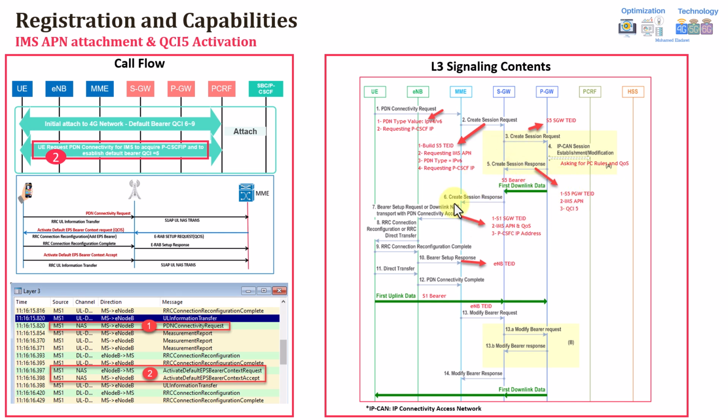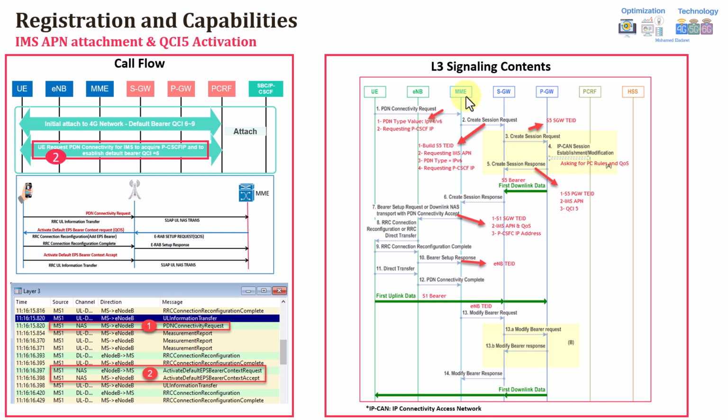In the top right, this is the end-to-end call flow. It's almost the same as the registration. Initially you will send the PDN connectivity request, requesting the IP address of the proxy in this particular message. I will show this one in detail in the next slide. So requesting that I would like to get the proxy CSCF IP in order to be able to communicate with